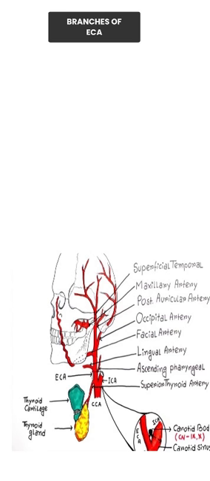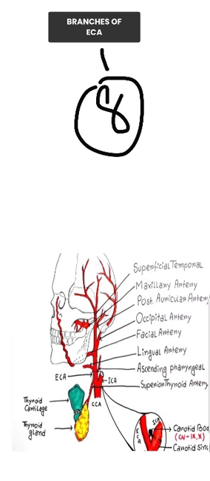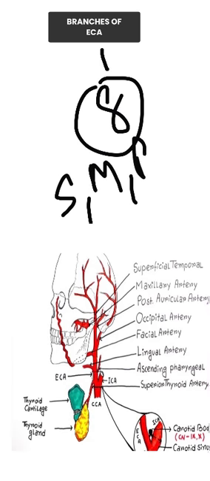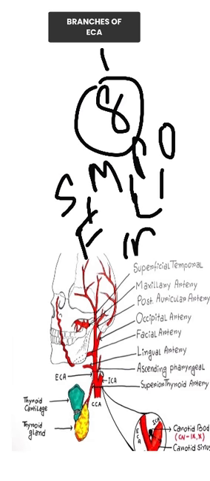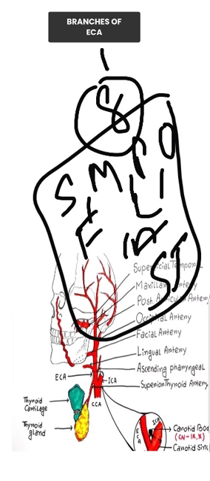Now coming to the branches. There are 8 branches. For the detailed descriptions of the branches, see my upcoming videos: the superficial temporal artery, the maxillary artery, posterior auricular artery, occipital artery, facial artery, lingual artery, ascending pharyngeal artery, and superior thyroid artery. So these are the arteries. You can see the detailed description of them in my upcoming videos, and for a mnemonic also you can see the